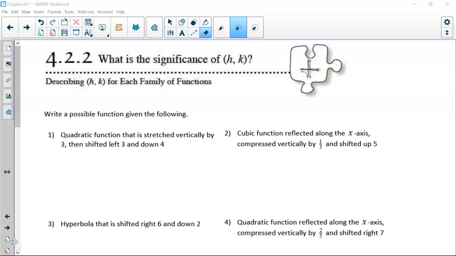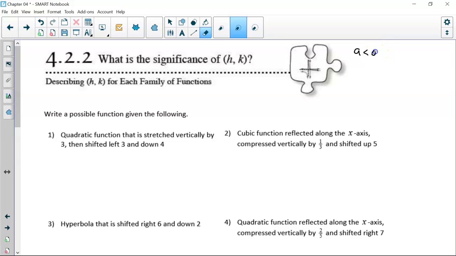Welcome to section 4.2.2. We're going to be talking about the significance of h and k, a little review of how to write the different functions, and then we'll be talking about another way to work with linear functions as well. So a real quick review, remember when